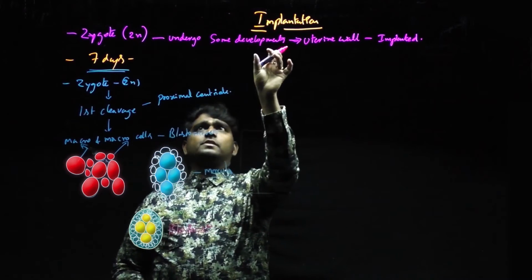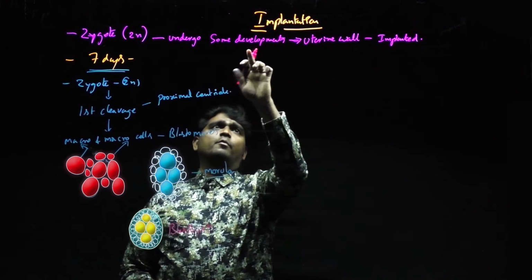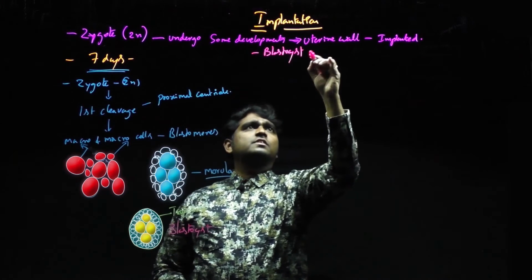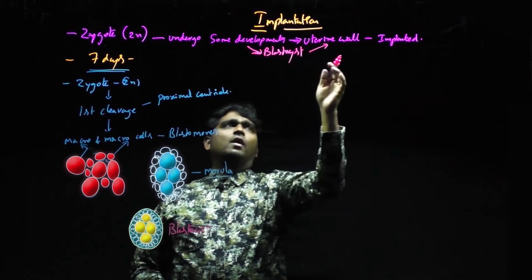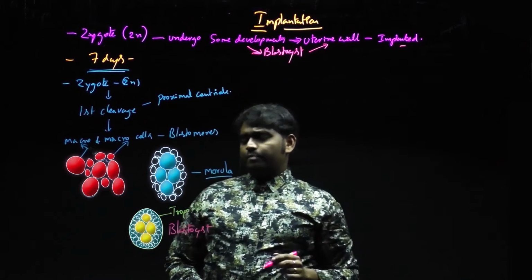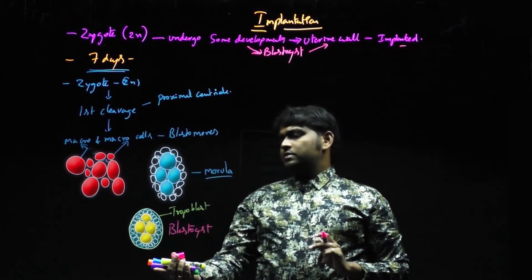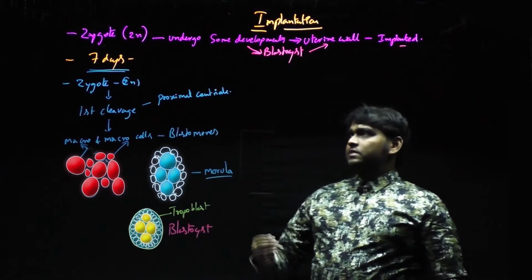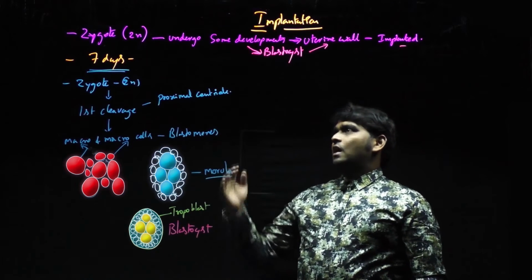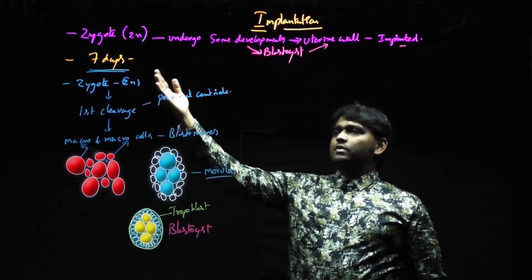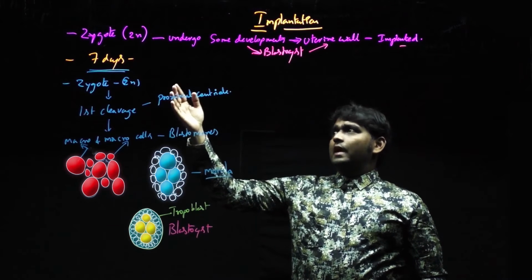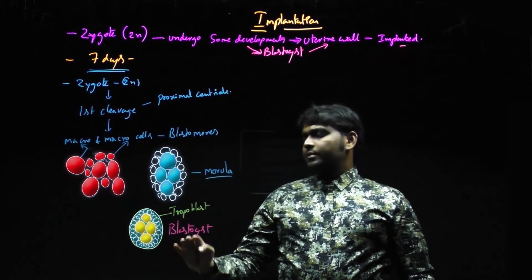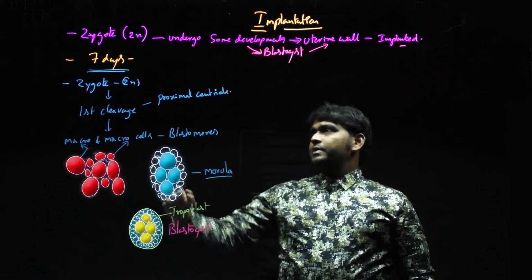Important: I said the zygote undergoes some development and finally becomes a blastocyst. This blastocyst is ready to attach to the uterine wall, and that is called the implantation process. These are the development stages that happen in the 7 days. Before implantation, after fertilization, the male gamete and female gamete bind together to form a diploid cell, which develops into a blastocyst. This period is 7 days.